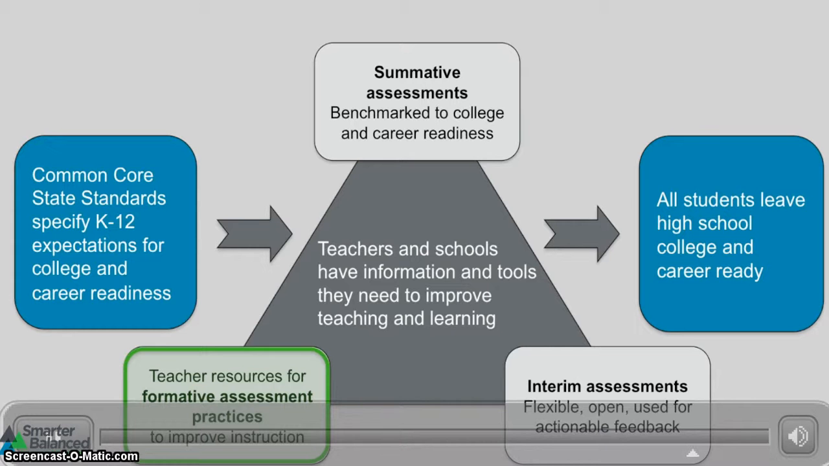It will include video exemplars of lessons on the kinds of quality assessments that get to deeper thinking and get to the kinds of deep thinking involved in the